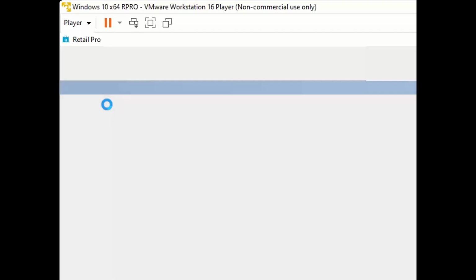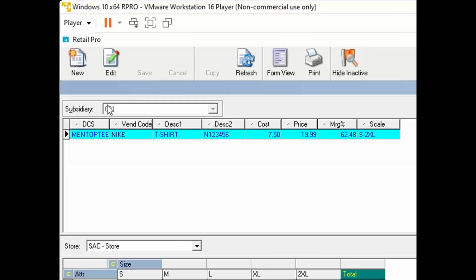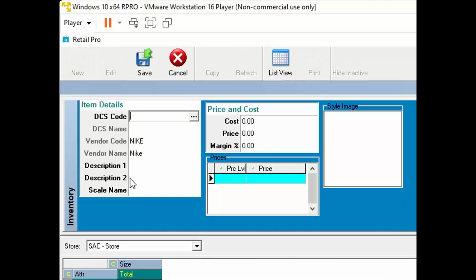So choose Edit mode means that I can actually build items as I order them, right? So if I click New here, it opens up a form view for me. I can say this is men's top tee, and it put Nike in for me. I'm on a PO, right? I mean, it's going to have to be from Nike, right? So I'm going to say logo T, LT123, right? We're using the same scale,